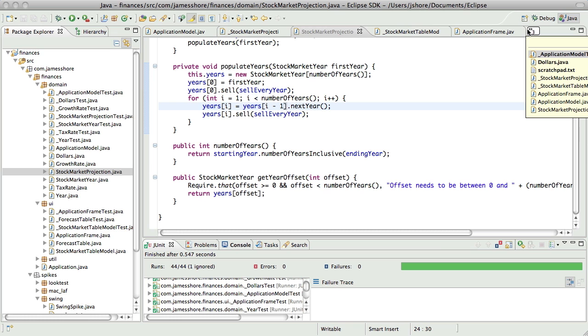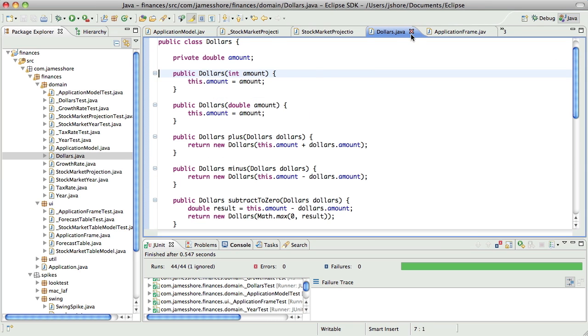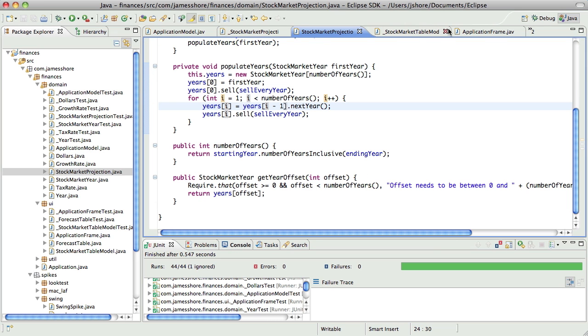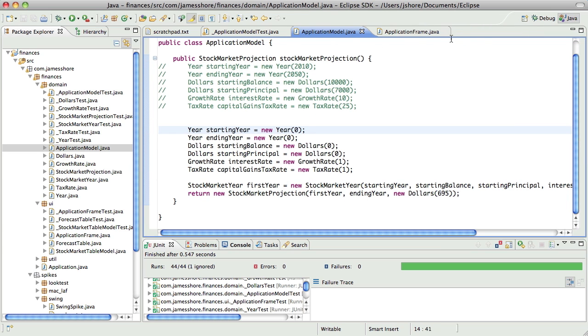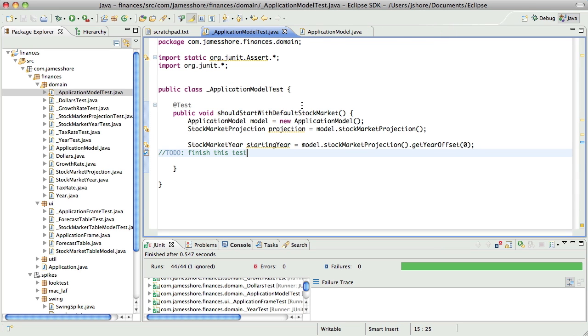That's what I'm struggling with a little bit. Let's see. We don't need that anymore. We don't need that. I think we're done with that, so I'm going to go ahead and put it away. Pretty sure we don't need that right now. What we were in the middle of was our application model test, and I think we can finish that.